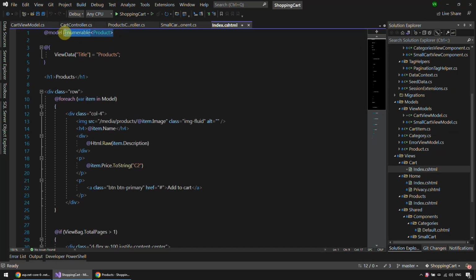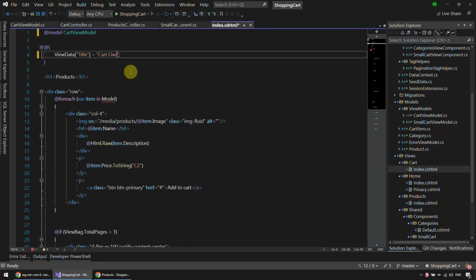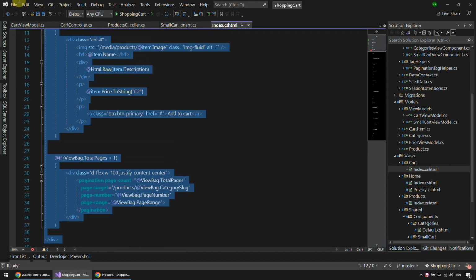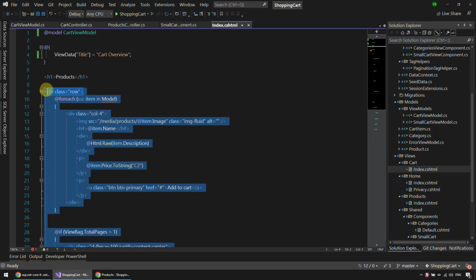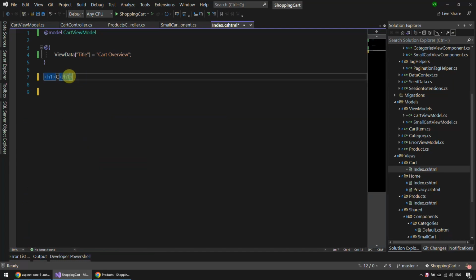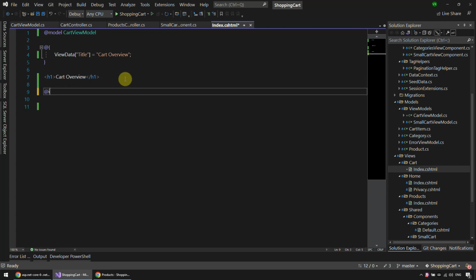So the model is gonna be cart view model, and the title cart overview, and I'm just gonna get rid of everything in here. Let's say here as well cart overview, why not? And now if model cart items count is greater than 0,